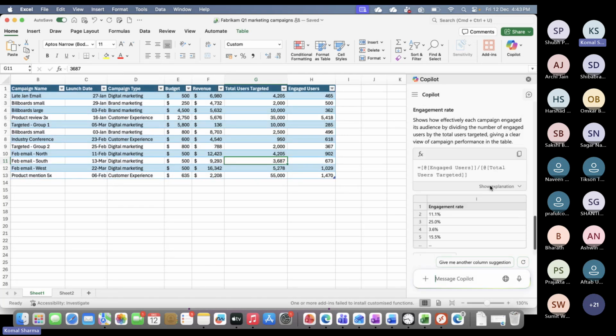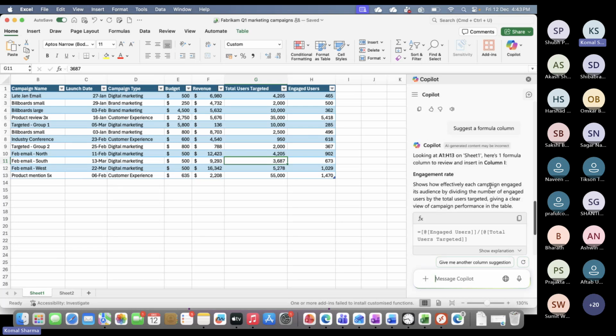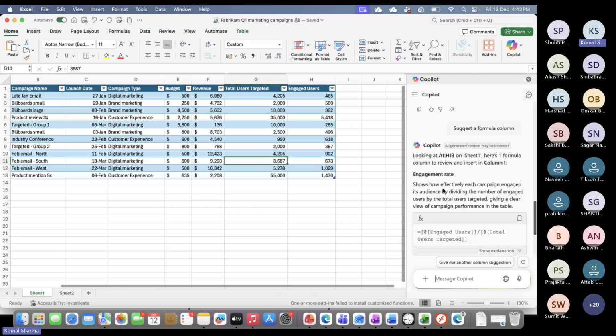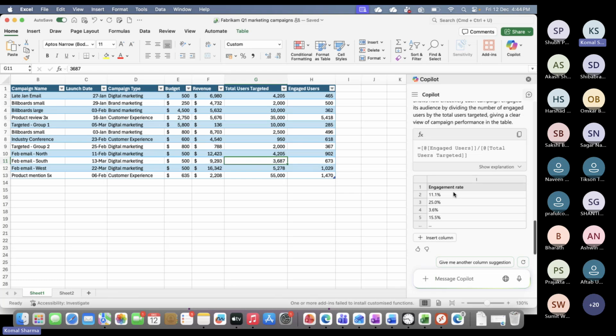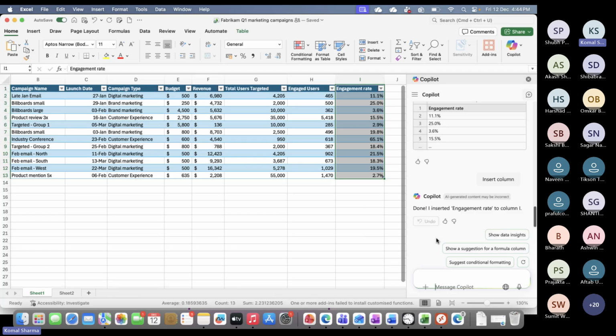Now it is giving me the formula, right? And it is suggesting this is the formula you can add. Let's say you wanted to find out the engagement rate. So this is the engagement rate formula. And if you want to insert it, you can hover your cursor and it will give you the preview here, right? If you wanted to add it, you can click on insert column and your column will be inserted. Now let's say you wanted to create a pivot table so that you can analyze the total revenue that is generated by each campaign. So here I will mention